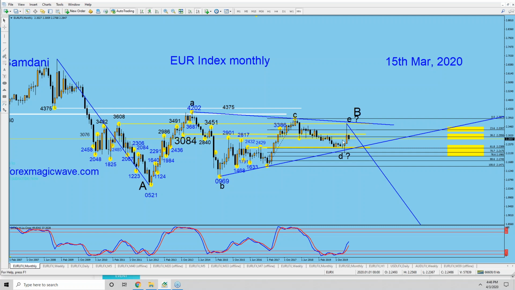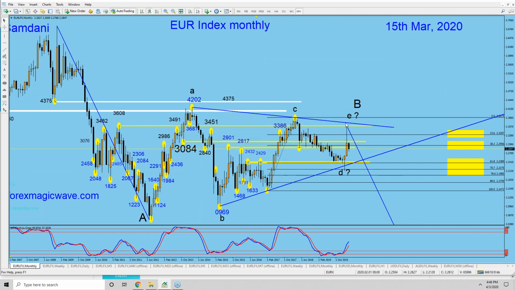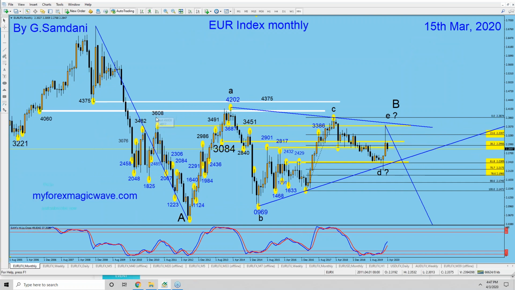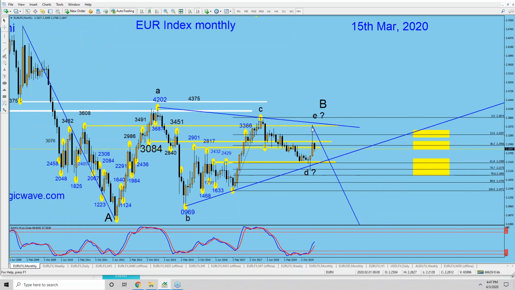But the thing is that's exactly what's happening. It happened, and we bounced from here. We went up, didn't quite touch this sloping TL. But I remember I said that probably 3608 is going to stop it, and then we got stopped there, right? Then it turned, and these are the numbers. Remember yesterday I told you guys this is the key: these two numbers, 2901 and 2817. What are we doing now? 2847. So we are below this and above this. Ping pong. Okay, so let's see which way it goes.